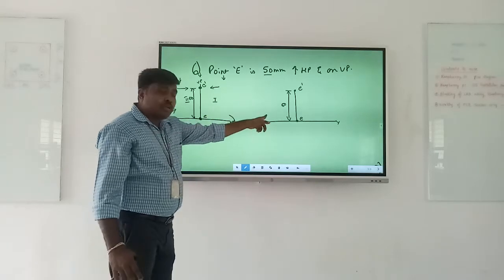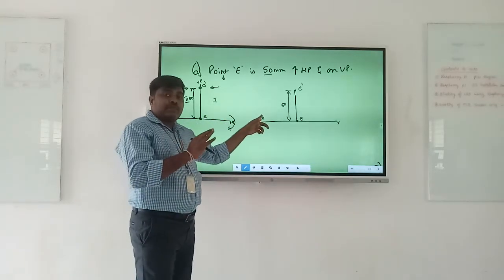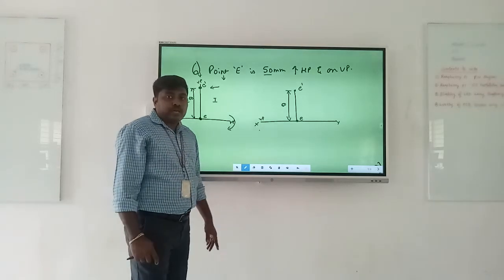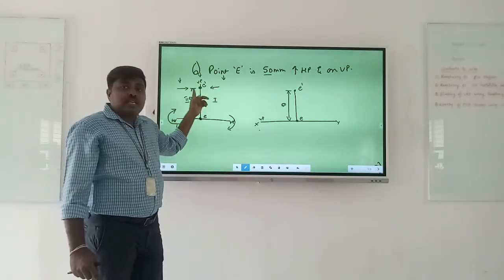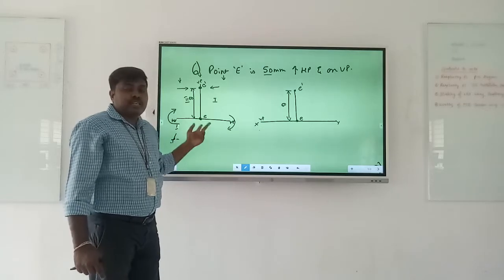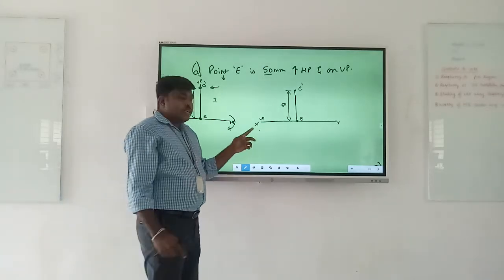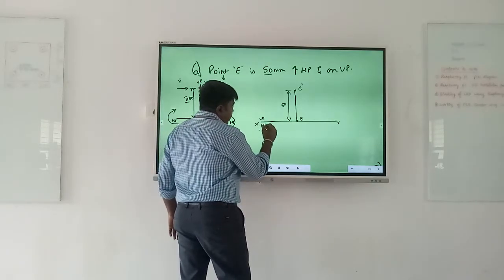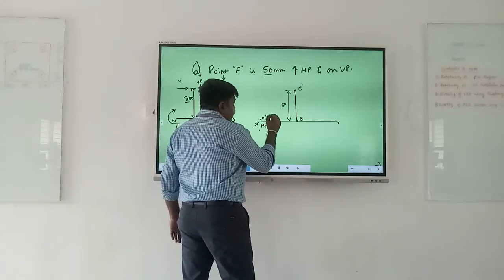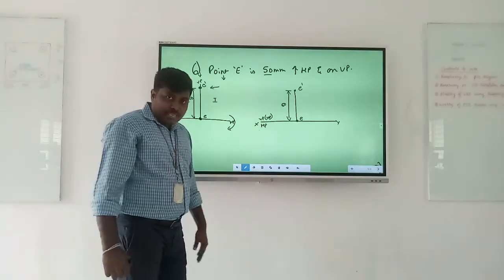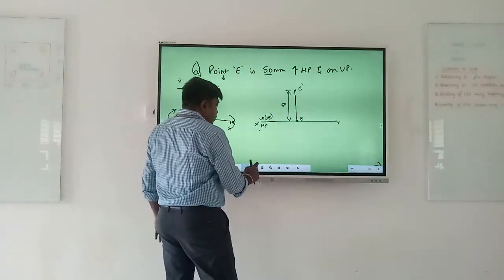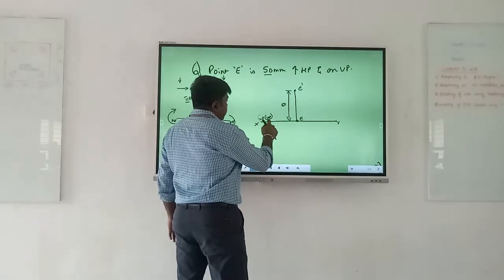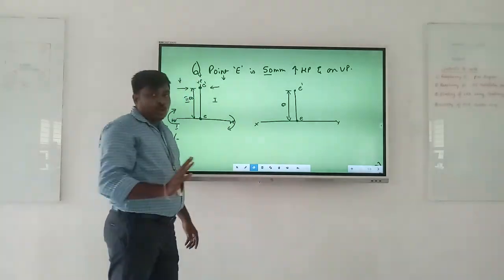If you write HP above the line, you are telling the point which I have plotted is purely related to second quadrant, nowhere related to first quadrant. But whereas the actual solution is, it is being shared by both first and second quadrant. So in that case, it's your wish. If you want, write VP above the line and HP below the line, and over here HP like this. In this way also you can do it, or it's better not to write VP HP at all in this case. Okay, so it's left up to you.